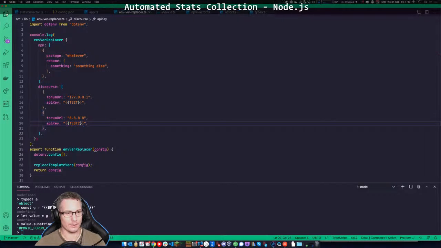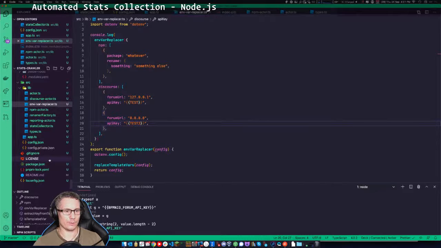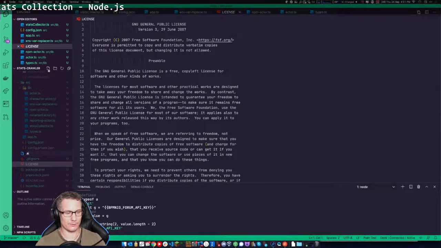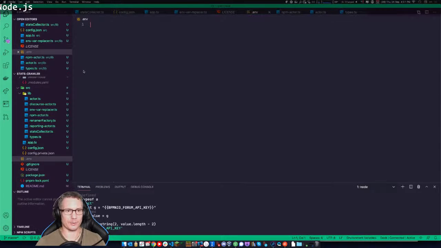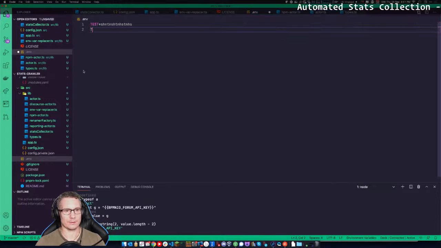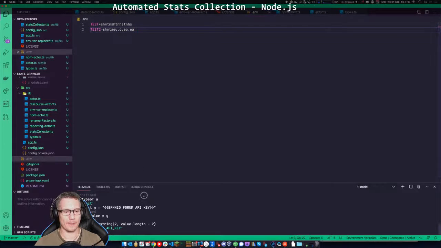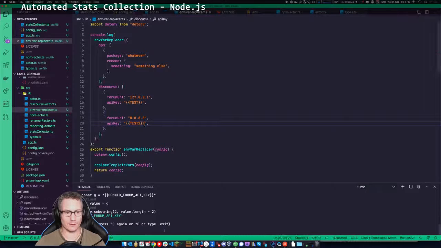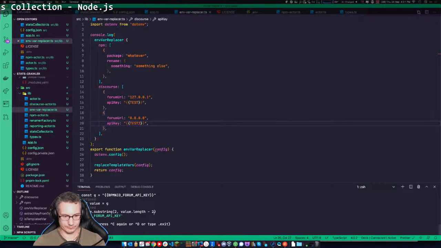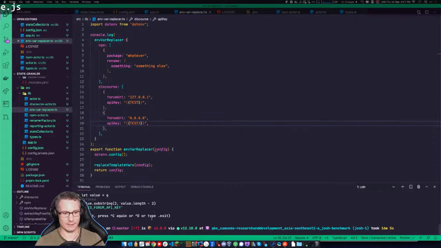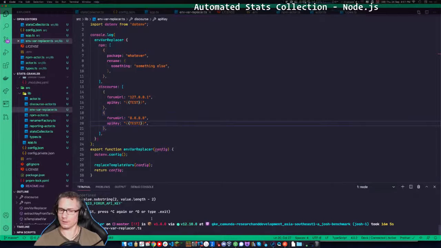Okay. So now in the root of my project, I'll do .env. And in here I'm going to say test equals that, test2 equals that. And if I now go t source envar replacer lib env var replacer, transpiling,